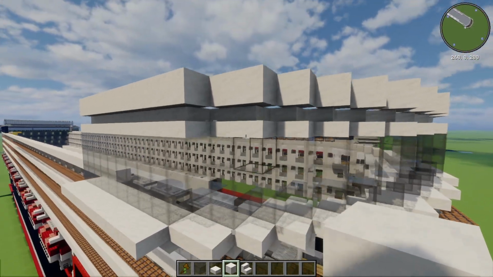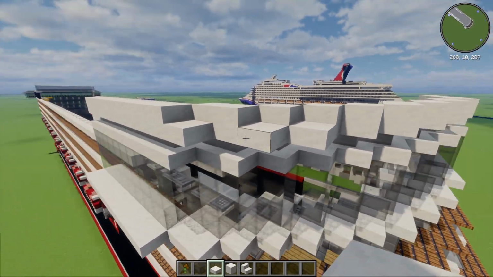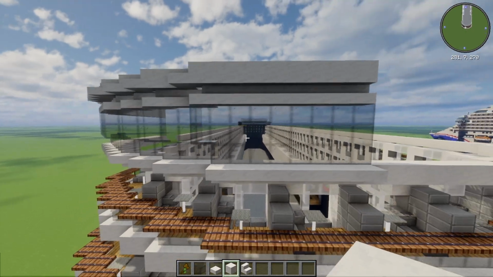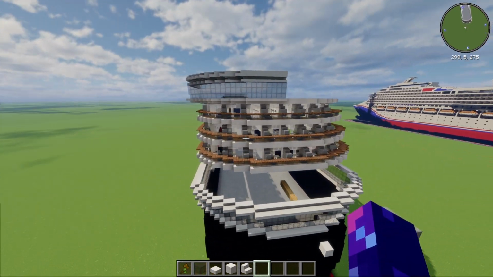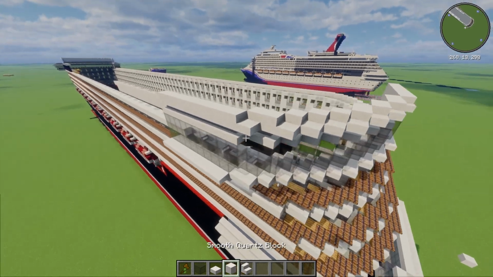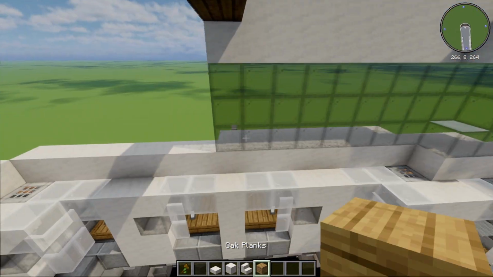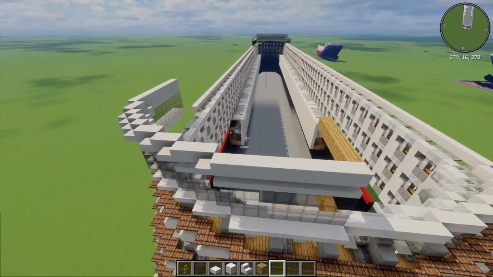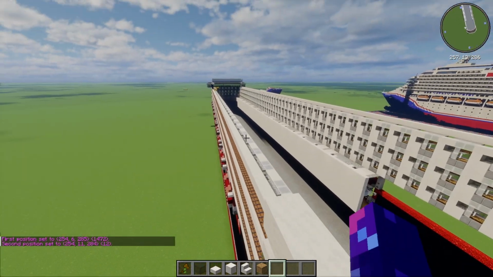So you have that, and then add some extra. Maybe a little bit of extra curve there. So, as you can see, that is what we're looking at now. And then I'm just gonna add some wood as like deck markers, because I like to do that. So, yeah. And now we can just take this, what we just built, we can just